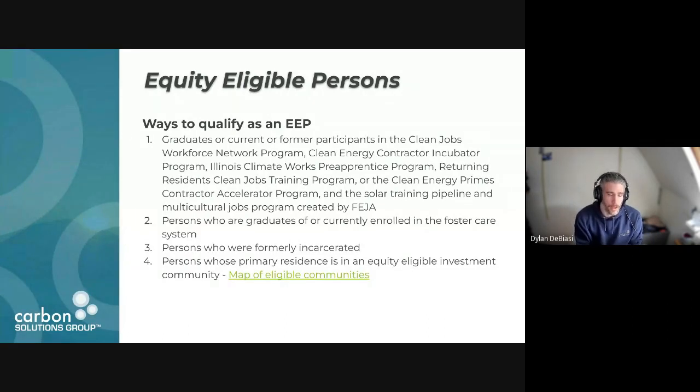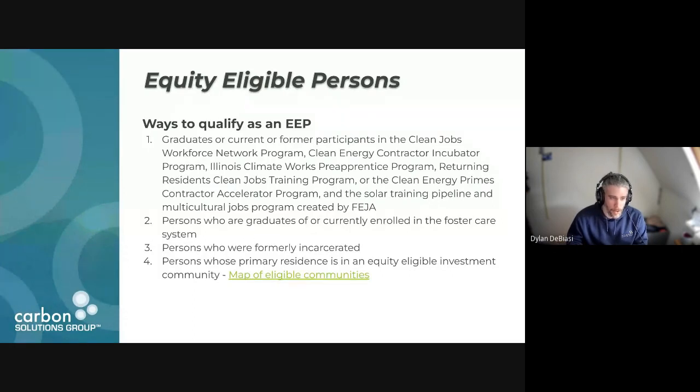One thing I know too, regarding returning citizens, the Illinois Solar Energy Association is likely to hold a webinar sometime in the next month or two, trying to show the importance of and help companies understand better how to hire returning citizens. And the final way, which I'm going to go into in a little more detail, because I think it's the largest volume of people,